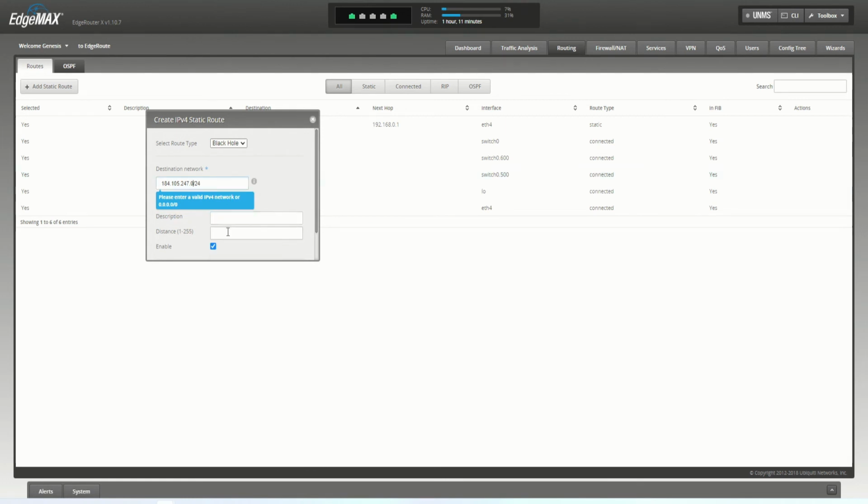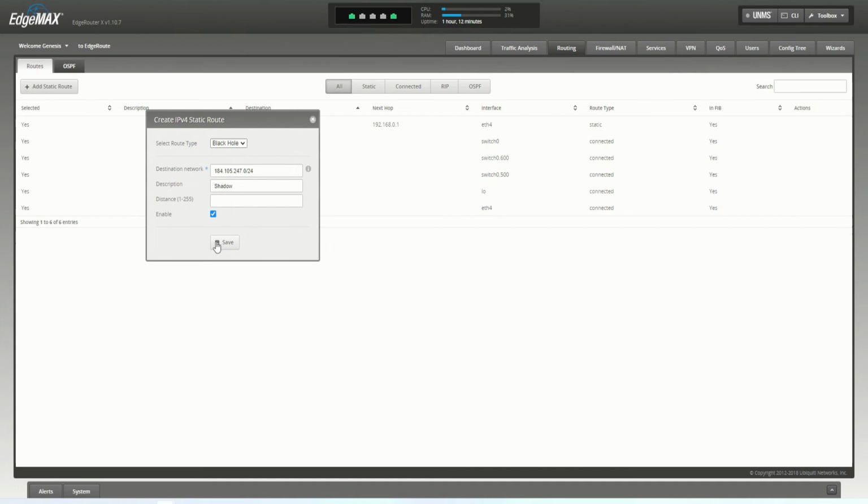And then we want to add a description. And there you go. So we're blocking all addresses from this network, and